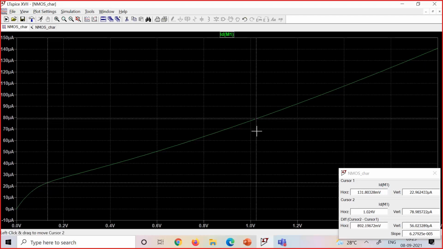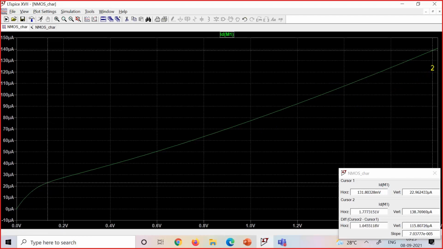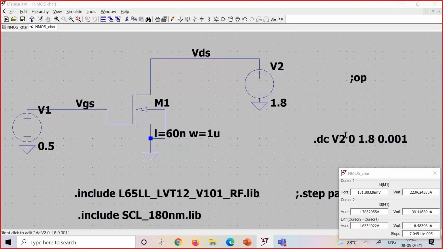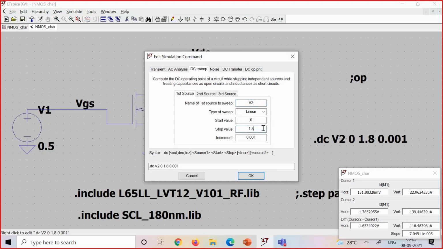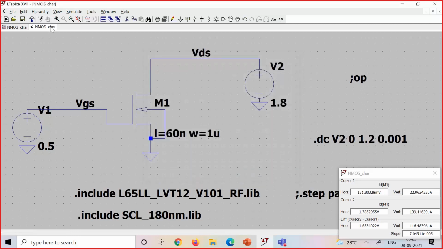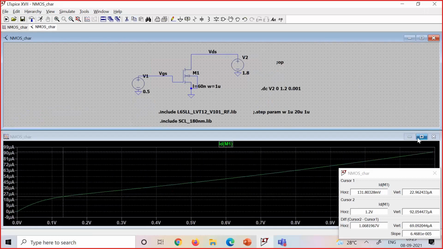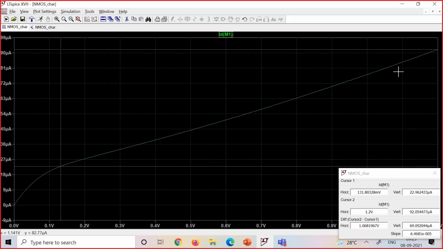The slope of this, okay, actually I should run only till 1.2 because, okay, so let's save it and let's run it. Now look at the slope for a 65 nanometer technology node. The slope is much higher, which means the R naught is very low compared to what you had for